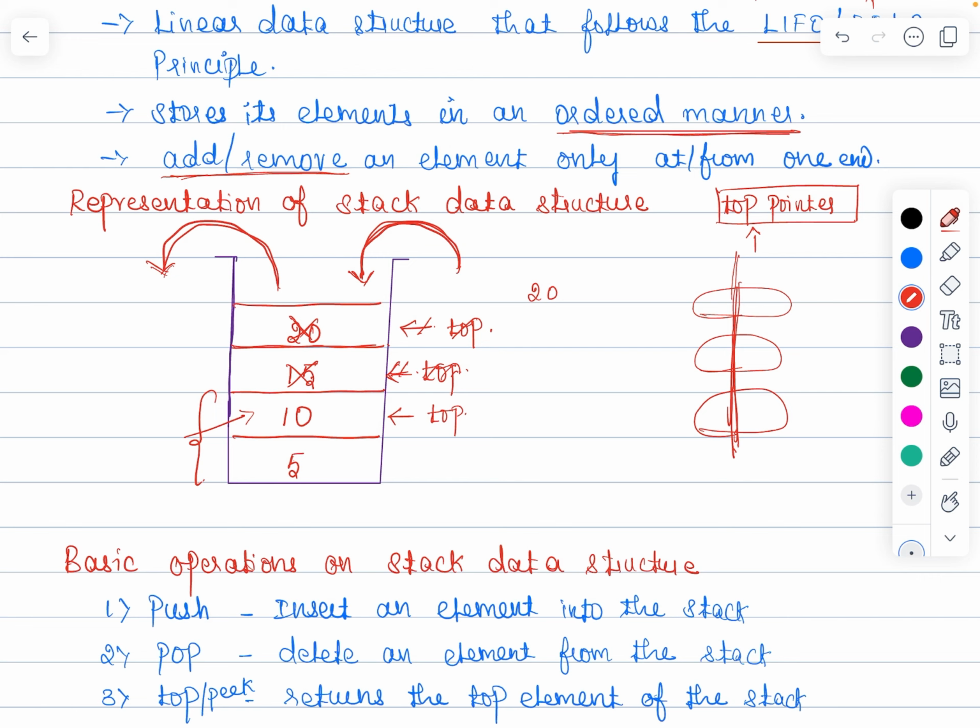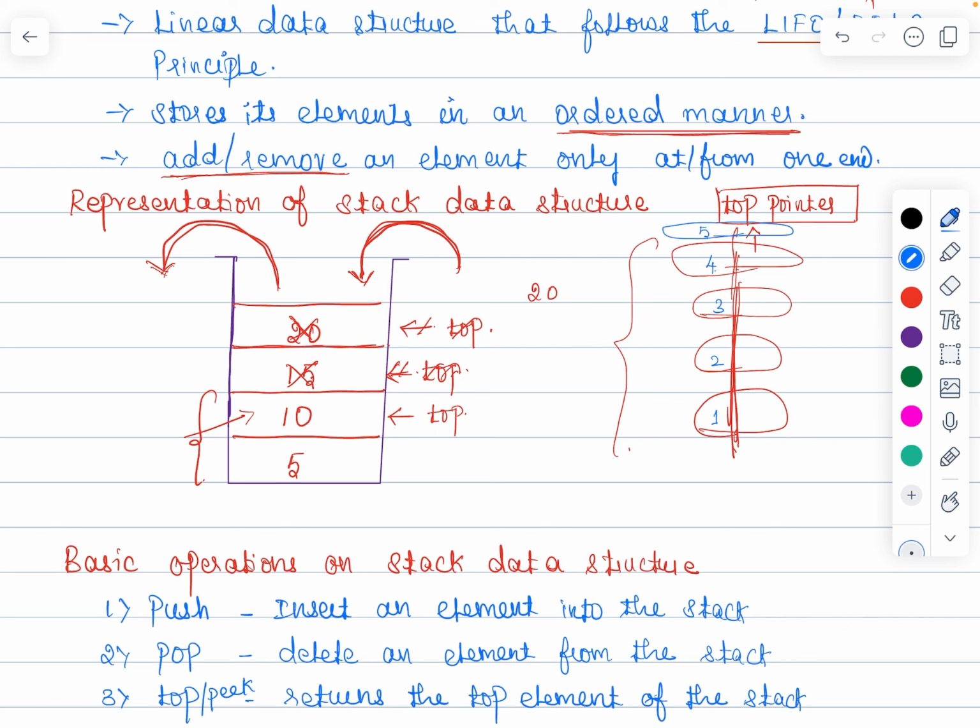Now, if you want to remove a plate or add a new plate, imagine you have a stack of plates like this in a kitchen. When you want to add a new plate to the stack, you only place it on the top. Imagine this is plate number 1, plate number 2, plate number 3, and after adding a new plate, this is going to be plate number 4. If you already have a stack of 3 plates or 4 plates, you can add a new plate. Again, if you want to add plate 5,